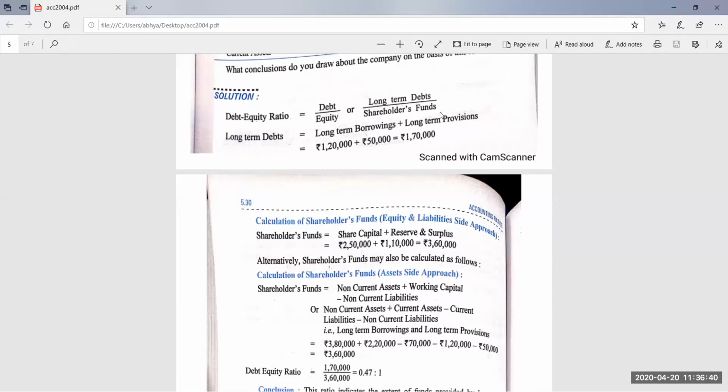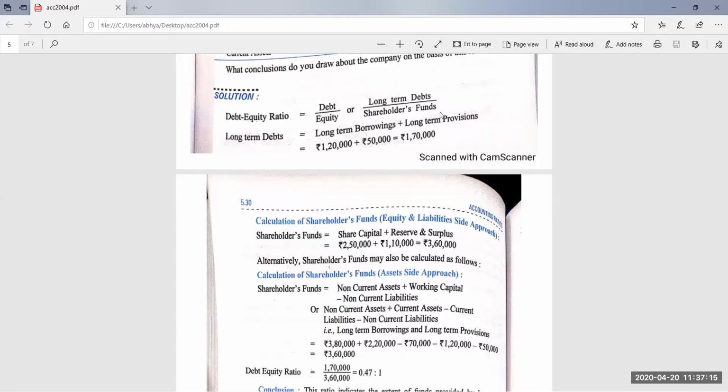I told you that the standard ratio is 2 is to 1. 2 is to 1 means debts can be 2 times of the equity. So if this ratio is 2 is to 1, and suppose the company is having 4 is to 1, it means debts are 4 times the equity. Suppose the company is going in liquidation or winding up. In that case, if the whole of the assets will be sold off, the company would not be able to pay off the liabilities, because 4 times non-current liabilities are there.